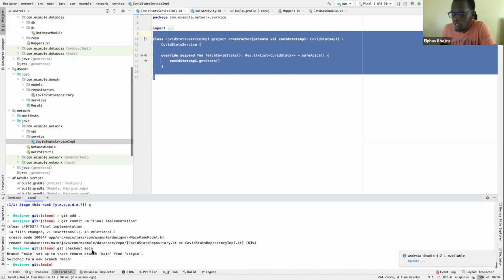I actually have a complete setup for this as well. So I'll just push that as well. Git push origin clean.